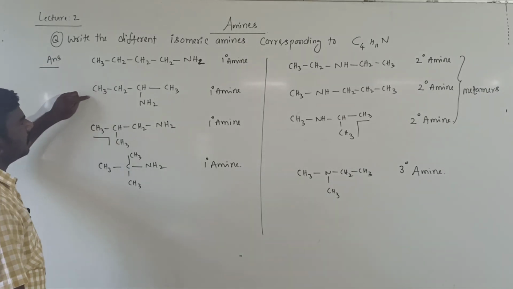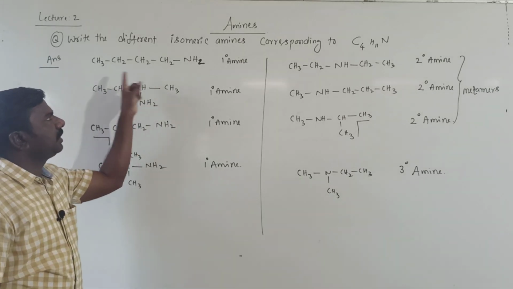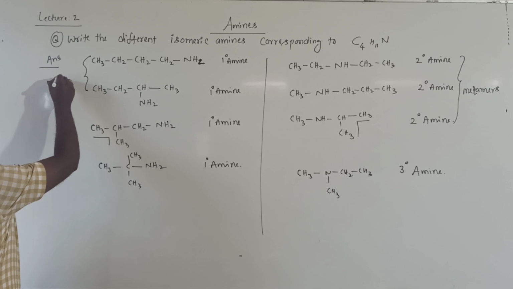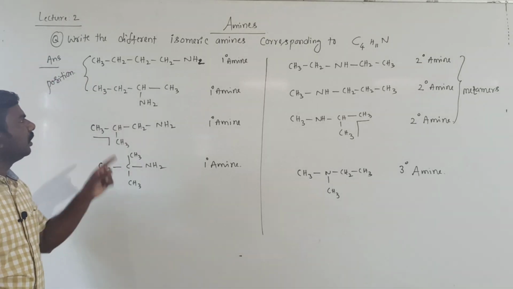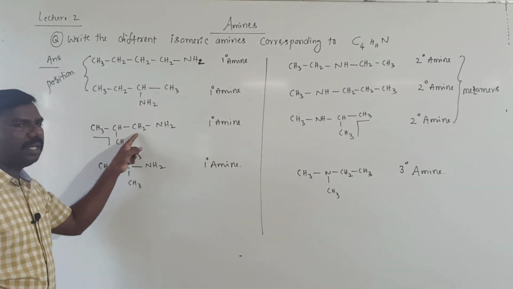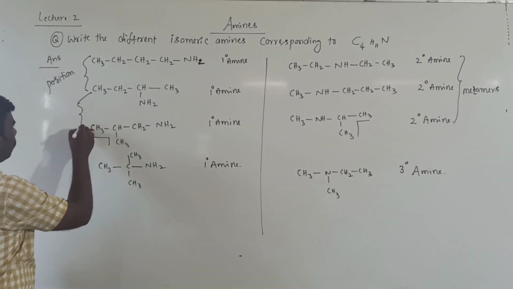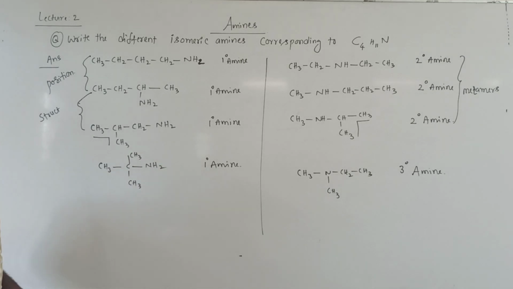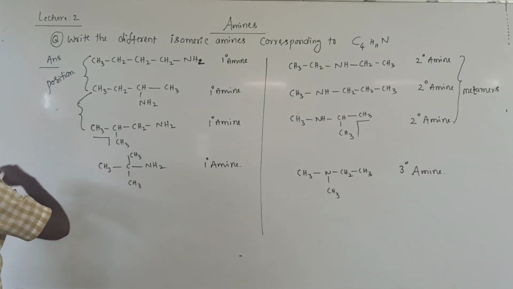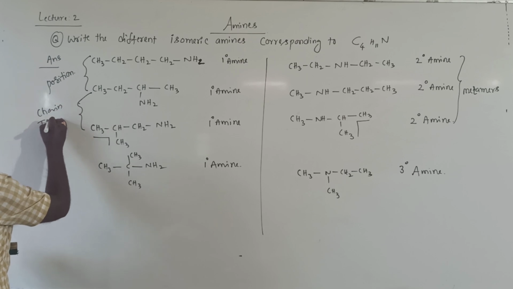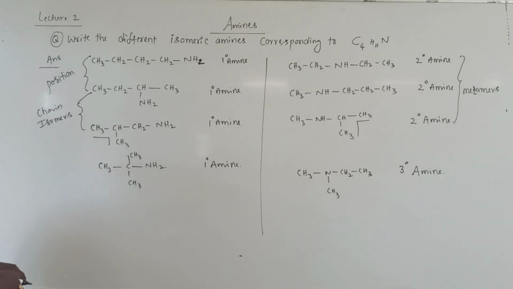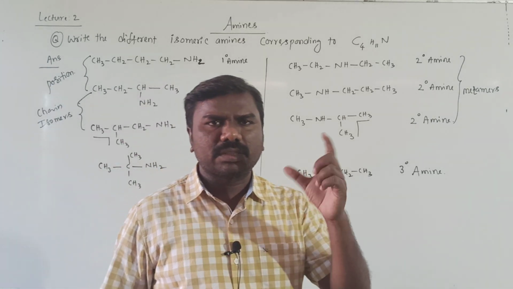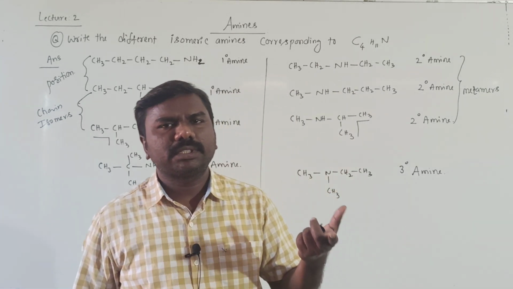Next, first one and second one, same molecular formula, same chain length also. It is first position, it is second position. These two are position isomers. In the chain, 4 carbons, but in the other chain only 3 carbons. These two are structural isomers. Structural means chain isomers especially. These are chain isomers. Right, students? In this also 3. Like that you have to identify primary, secondary, structural, chain isomers, position isomers, functional isomers.